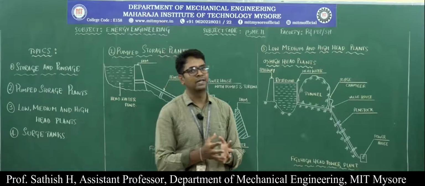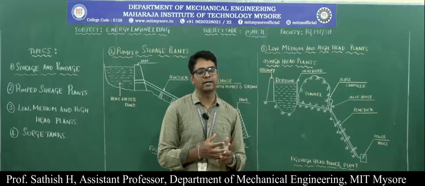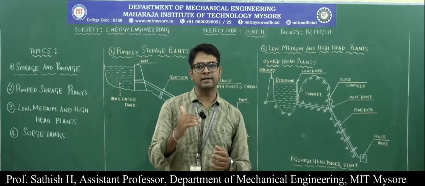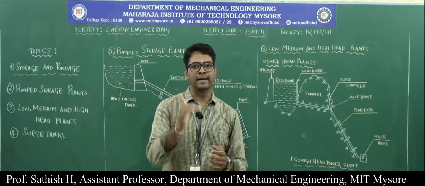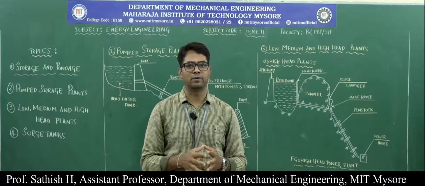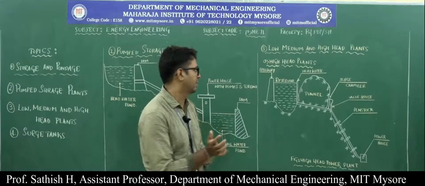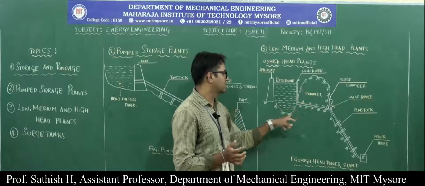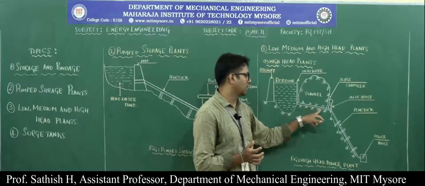The head is measured in meters. If it is 100 meters and above, then we can call it a high head hydroelectric power plant. A reservoir is made upon the mountains,